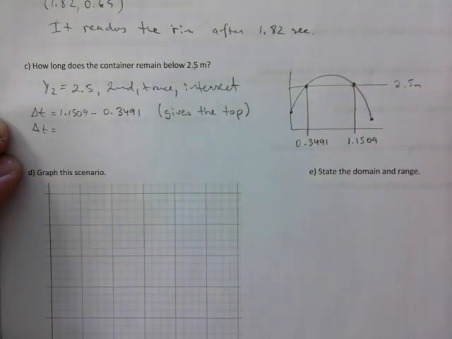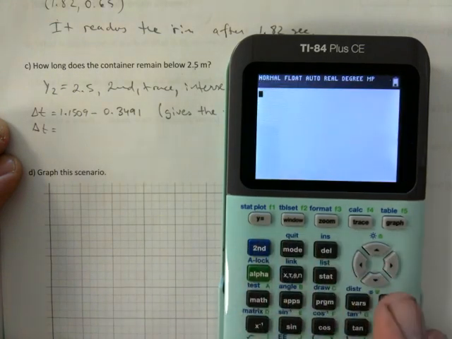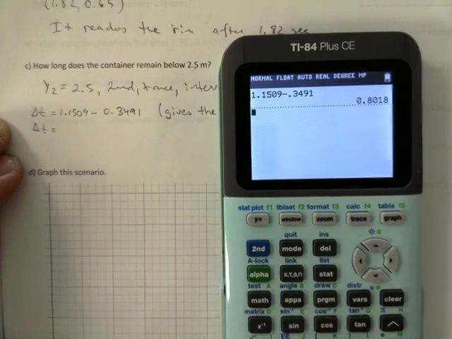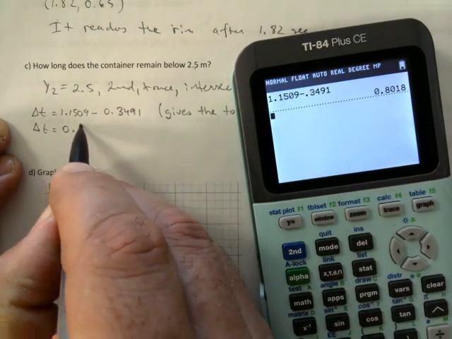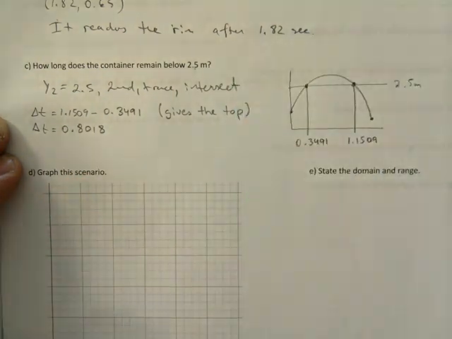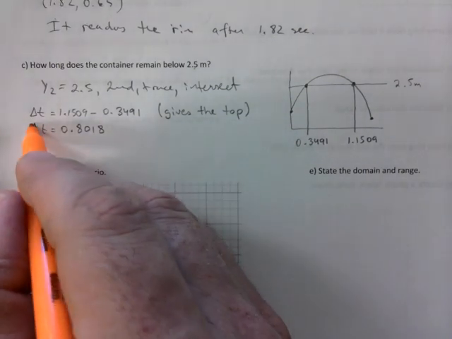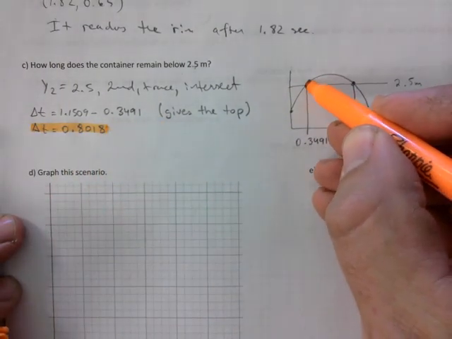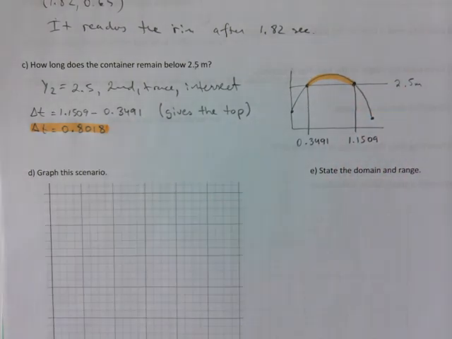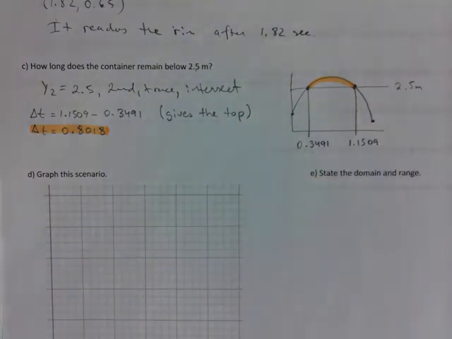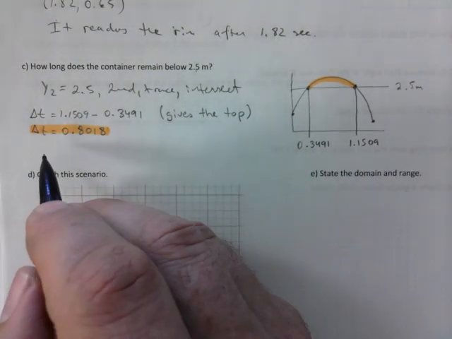Delta time. I'm going to use my highlighter to say that if you subtract, you get what's in between those two values, guys. But you don't want what happened in between. You want actually what is outside of that. So to get below, this is